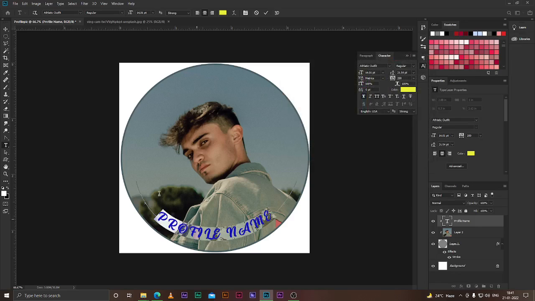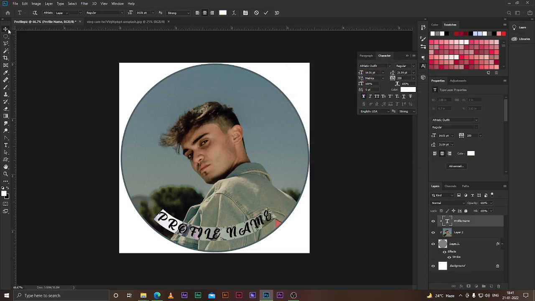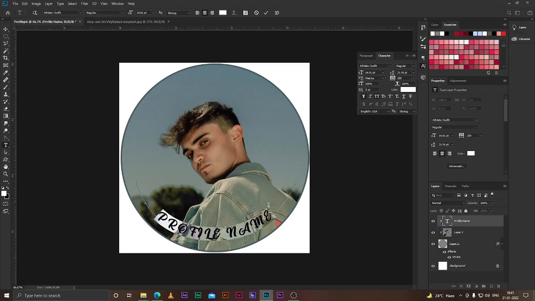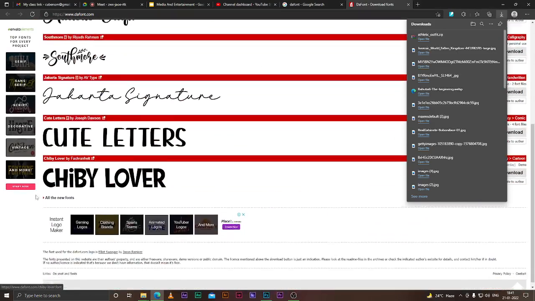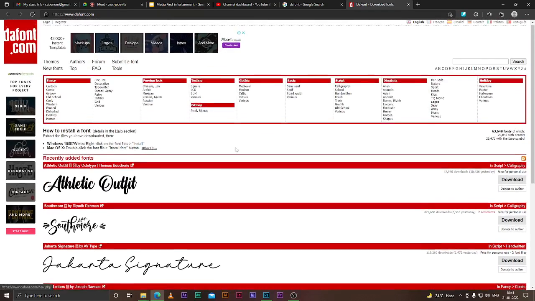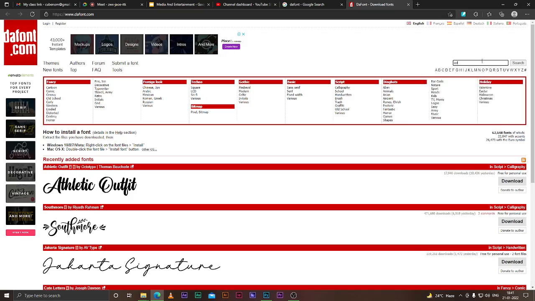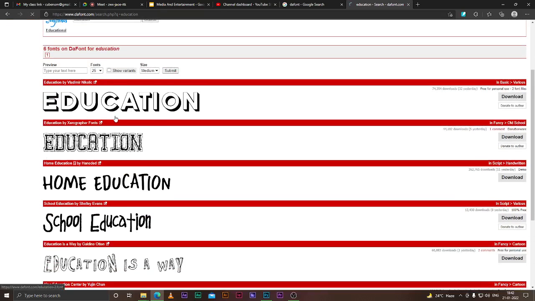I could do anything with this, but generally I should say black and white gives the best contrast in any of the colors. So if you don't want to spend that much time in creating your own fonts, you can actually download them. There is a search option as well. So if we want to search for an education font, let's just say whatever we feel, we can type in there and we'll get all those types of fonts which we can use, right?